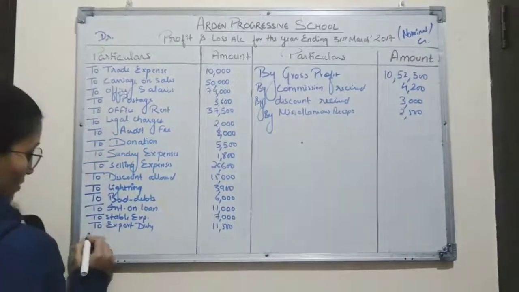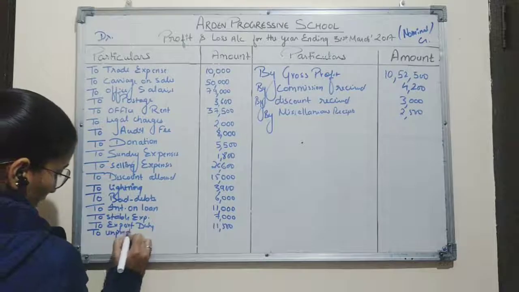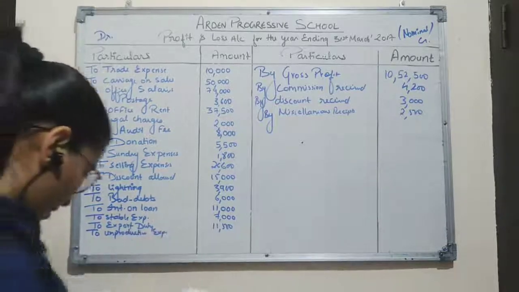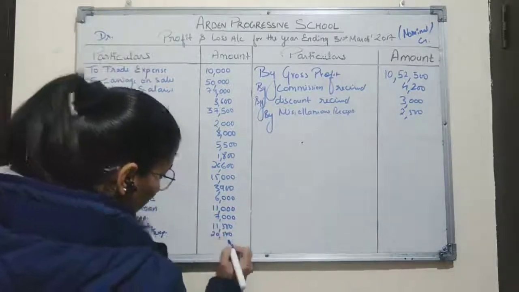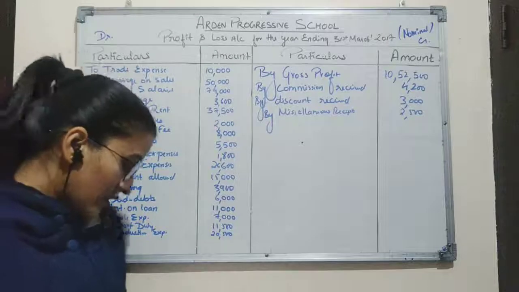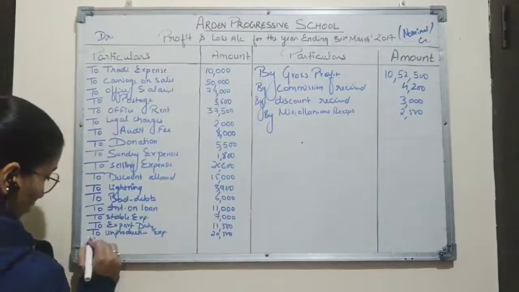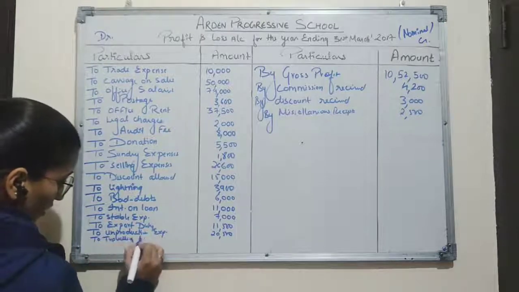As it is an expense, so it will be recorded on debit side to unproductive expense. Amount is 20,500. And at last, travelling expense is given rupees 12,500. To travelling expense